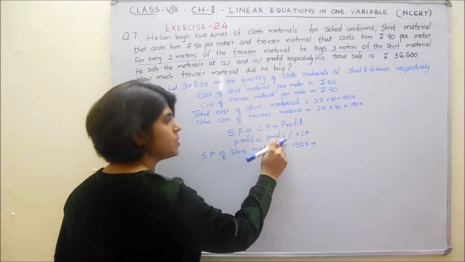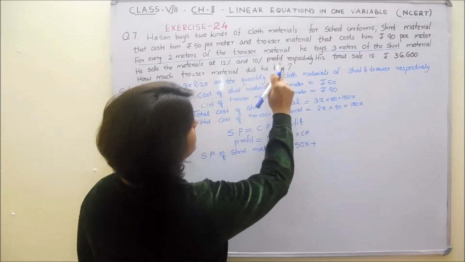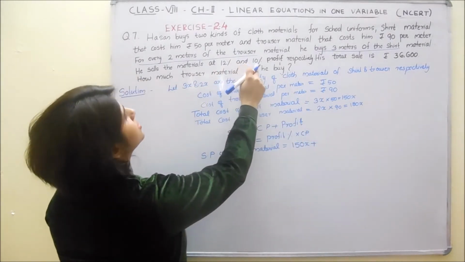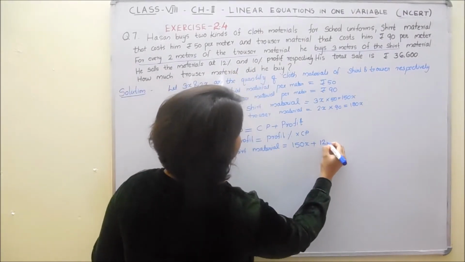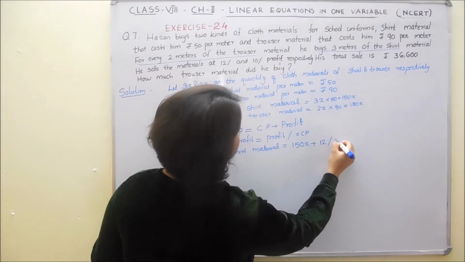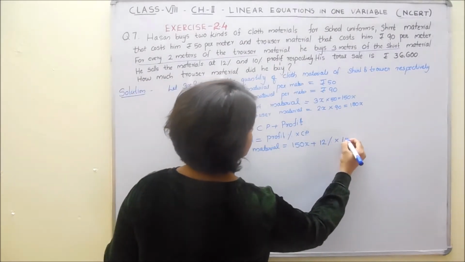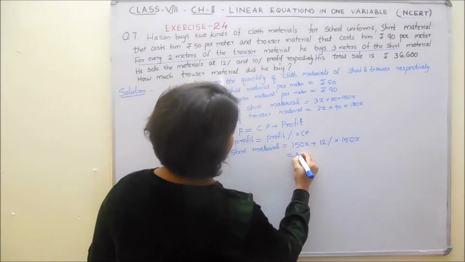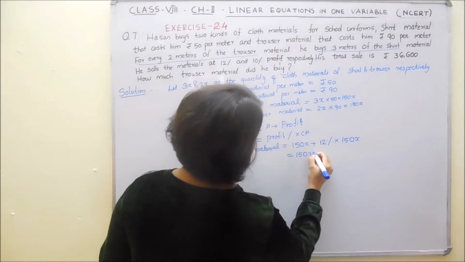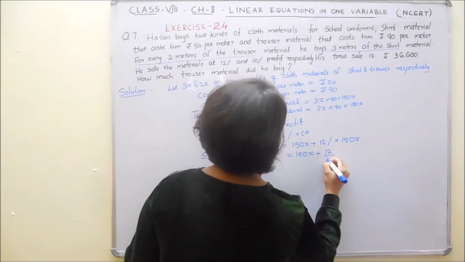Profit means profit percentage into CP. Profit percentage is given for shirt, it is 12%. So 12% into CP, which is 150x itself. So, what would be the value? 150x plus 12 by 100 into